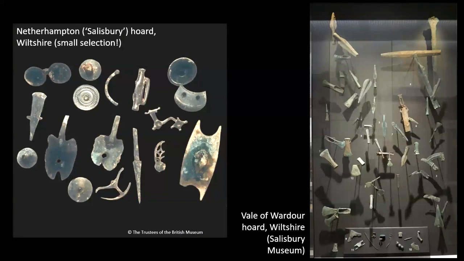And perhaps the most famous multi-period hoard, known to probably many of you here, is the Netherhampton or Salisbury hoard of over 500 objects, deposited sometime in the Middle Iron Age, but comprising early, middle and late Bronze Age objects, as well as earliest, early and middle Iron Age objects. And this is part of a wider phenomenon that's been identified by Dr. Borton in the Wessex, Wiltshire area. You see here the Vale of Wardour hoard, which suggests that in this region they were actively collecting and seeking